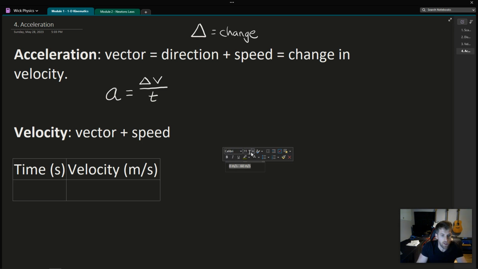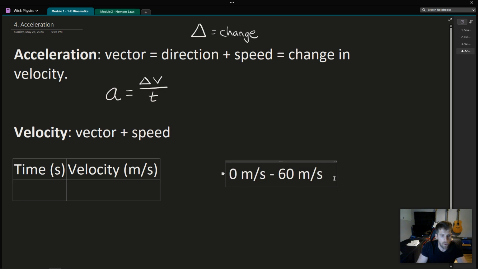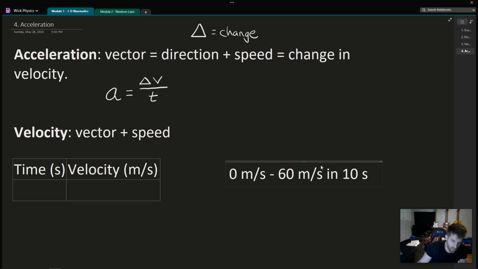We'll make this big. There we go. And let's say in 10 seconds. Well, let's do 10s. Okay, so this is an acceleration problem. 0 to 60 meters per second in 10 seconds. This can also be known